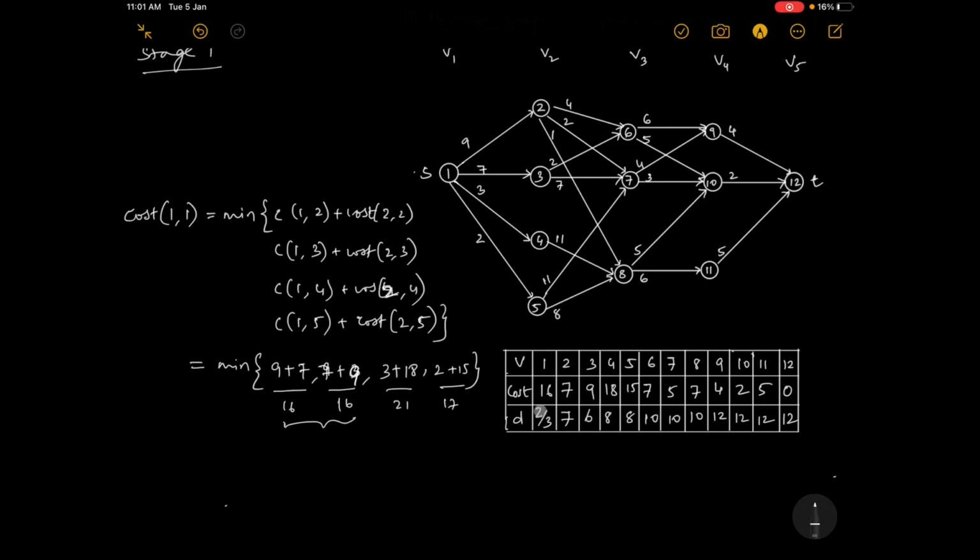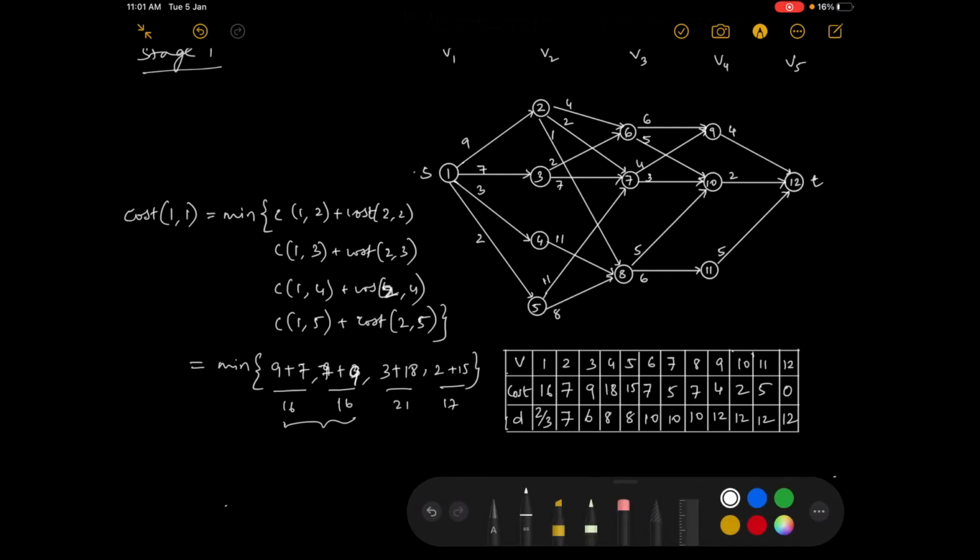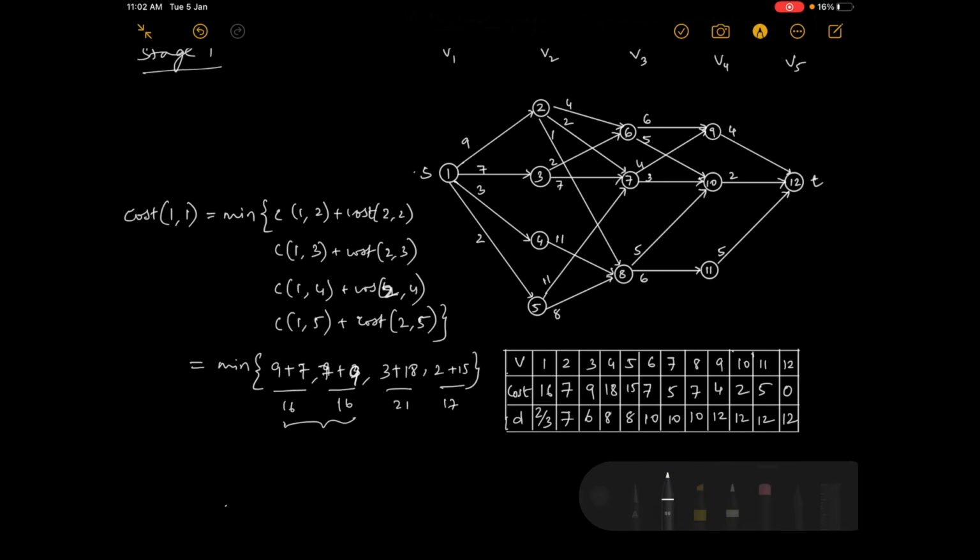If we start from 1 to 2, there is one path, and 1 to 3 there is another path. So which are those paths? We have to decide it now. Now let us decide. Now the actual decision has to be taken. Now the actual dynamic programming concept will come into picture, because now we are taking the decision, and the decision is based on forward path. We are going forward and making some decision.